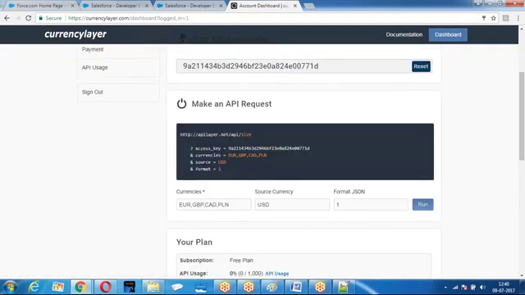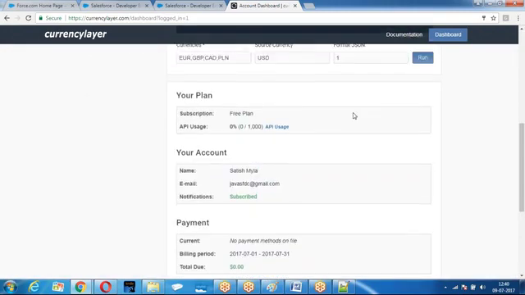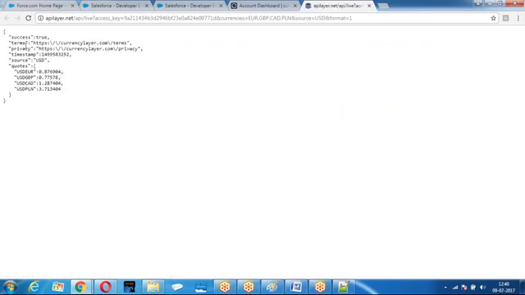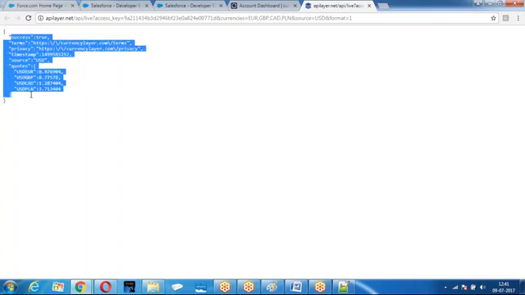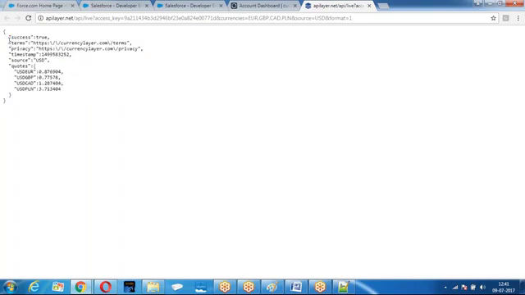Now, if somebody is making a request, the response will come. I'm making a request to a third party. How is the response coming? Success equal to true. These are terms, codes. $1 equal to right now 0.87 euros. We have given the format here. So the response is coming in which format? JSON. The response is coming in the form of JSON.